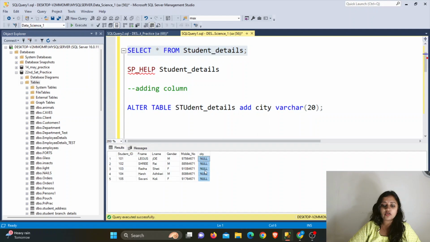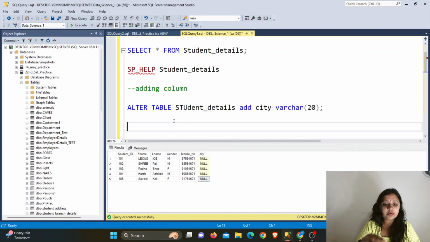You can see the CT column, and there you can see null. Why has null come? Because the table had already been created, and after that you added the column CT, so you have not inserted any data inside it. That's why it is null here, which means empty. This is the one scenario in the alter option.